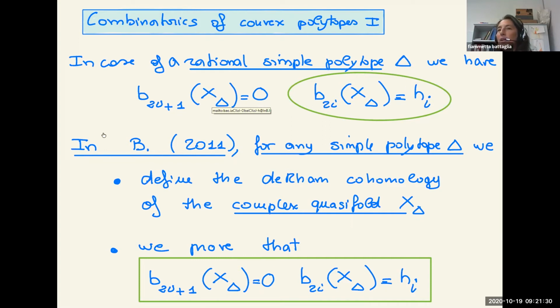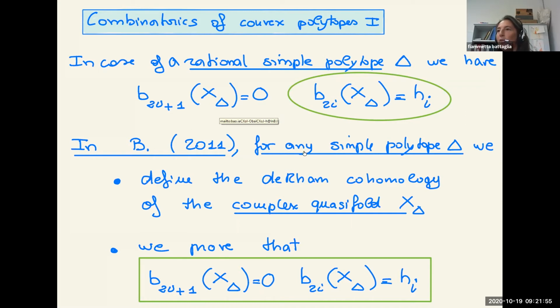And in a paper in 2011, I tried to generalize. I wanted to see if this fact was true also for complex